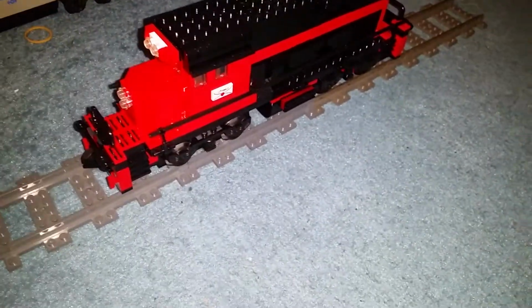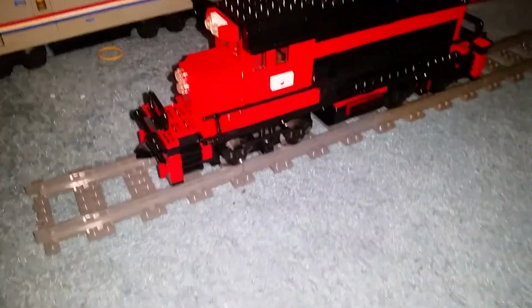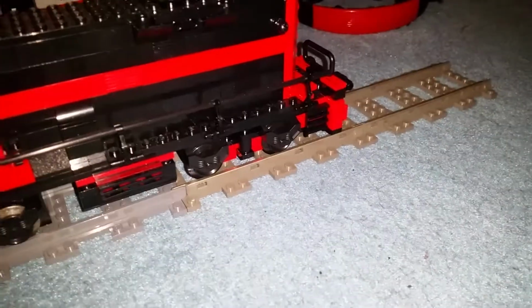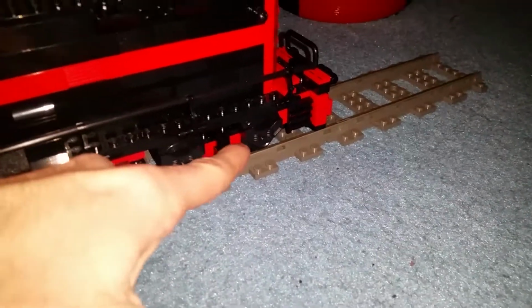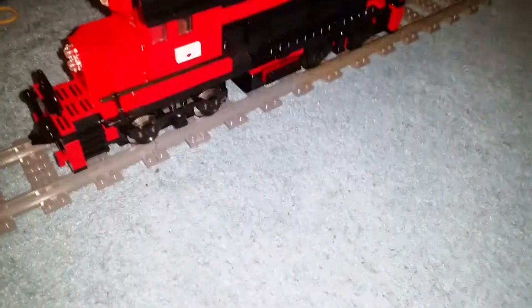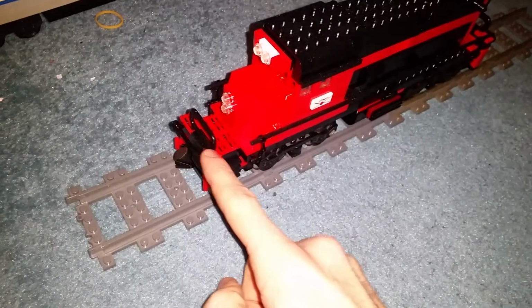But this is quite a cool model, though, for what it is. This is the first one out of potentially the rest where I'm going to be using a 9 volt motor. I couldn't be bothered to duplicate the instructions used for the other wheelbase. It's very simple, very easy, but I just couldn't be bothered, so it was just laziness on my behalf. It's very cool though, it's got some nice details where it goes from 6 wide to 4